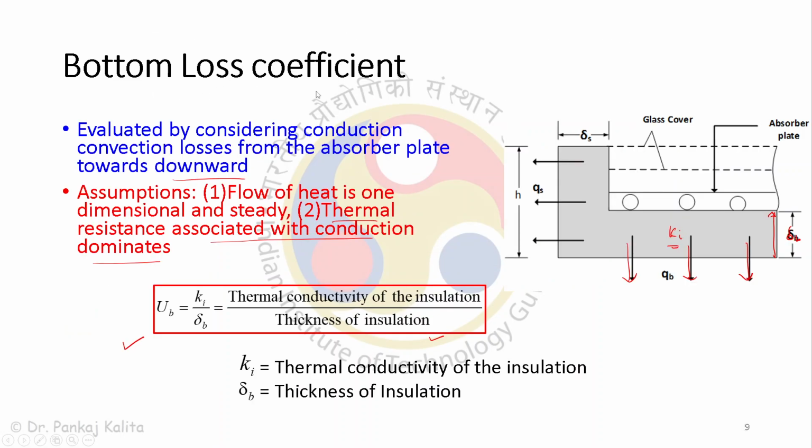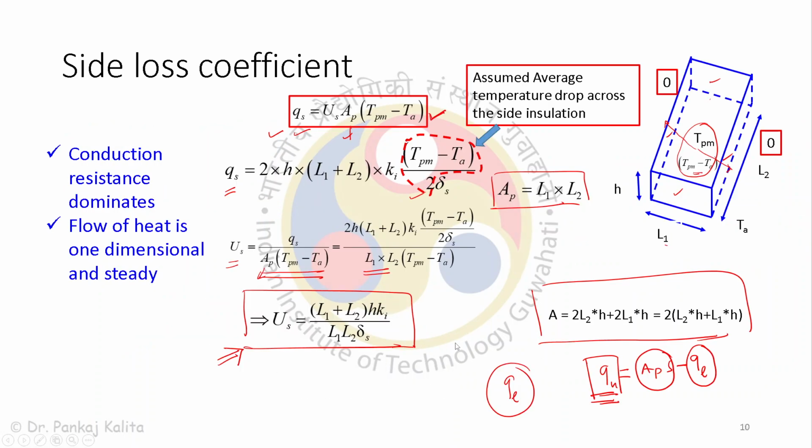The bottom loss coefficient is this. You can get its value as the thermal conductivity of the insulation divided by the thickness of the insulation. And you can get the value of the side loss coefficient through this. Okay,